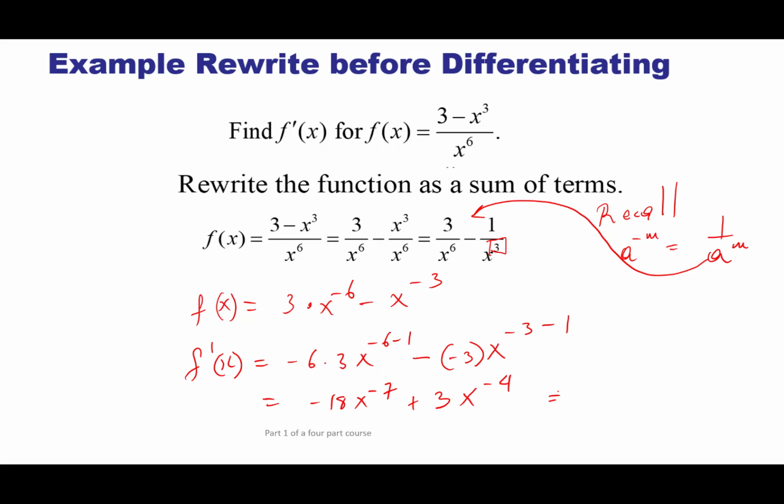Then I'm going to rewrite this. This is going to be negative 18 over x to the 7 plus 3 over x to the 4. And that completes my answer. Pretty straightforward. We just want to make sure that we understand